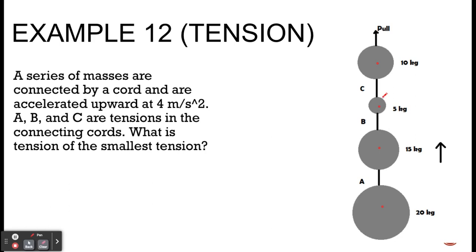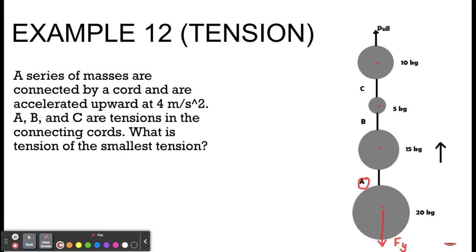A common mistake that people make is we think that if 5 kilograms is the least amount of mass, then the smallest tension is going to be C. But that's technically not true. The tension in C is accounting for the tension in B and A as well. So A is actually the best spot to be in. A is going to experience the least amount of tension because it has the least amount of weight